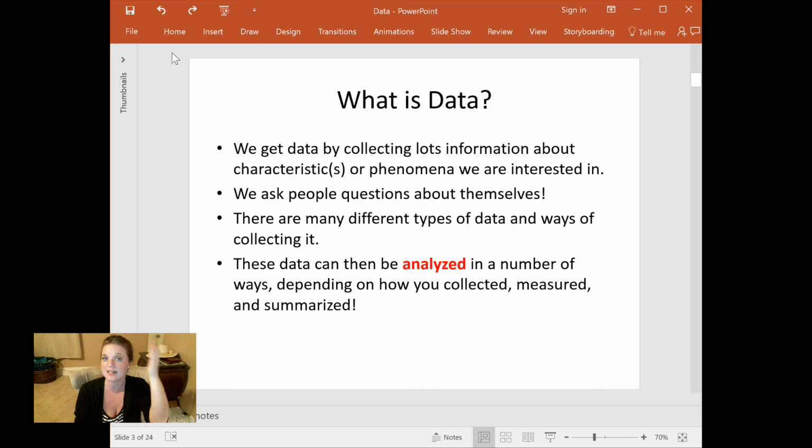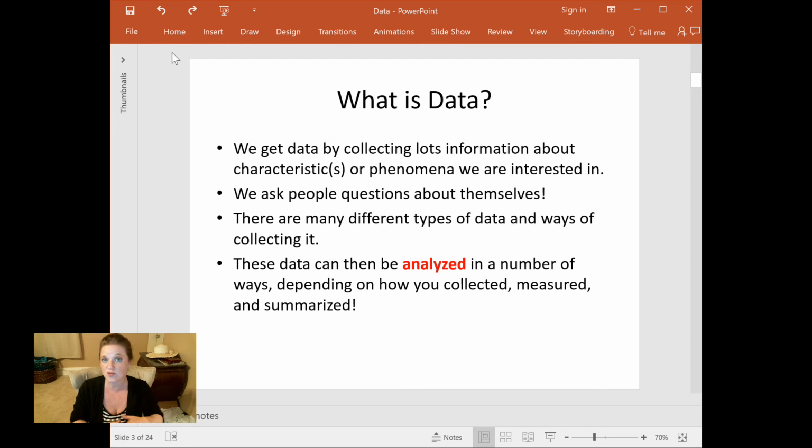Hair color is a variable. Now, being blonde isn't a variable. That's my outcome. That's my data. Being blonde is my data. I might tell someone over the phone, let's say I'm making an appointment to get my hair dyed, and they say, well, what color is your hair? And I'm going to say my hair is blonde, or dirty blonde, or light brown. And my answer to the question is my data. And the variable, though, that I gave my answer to is hair color.